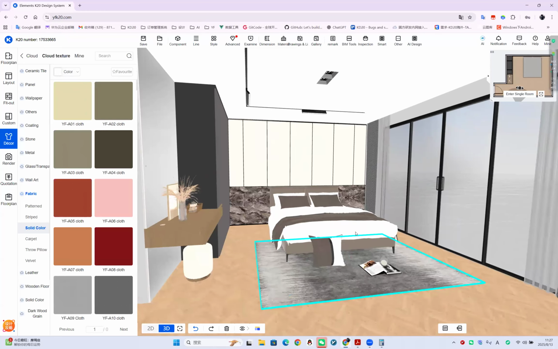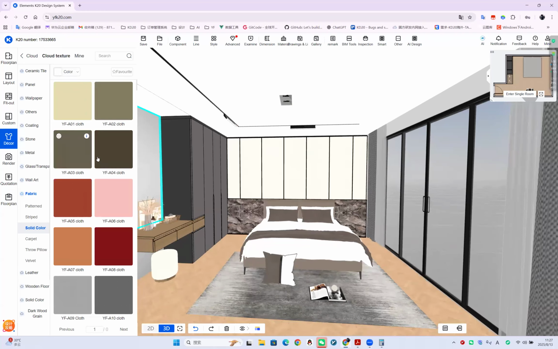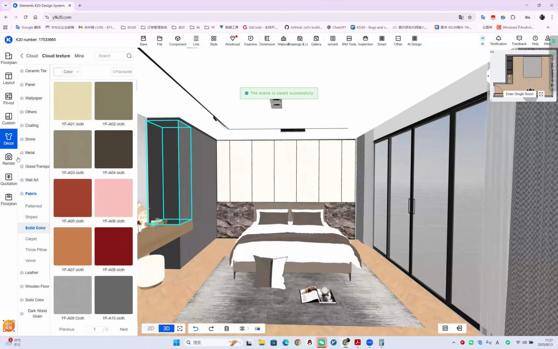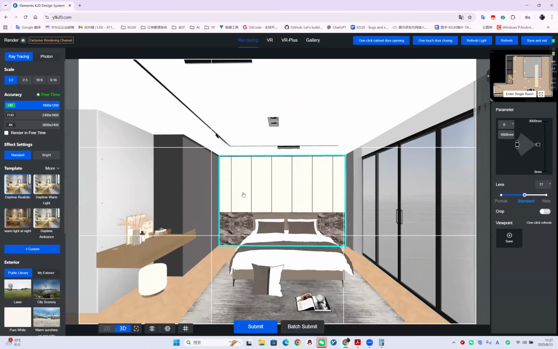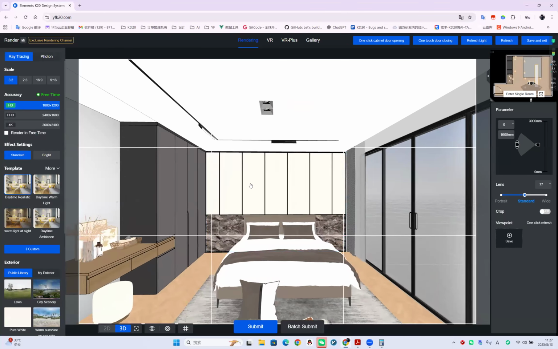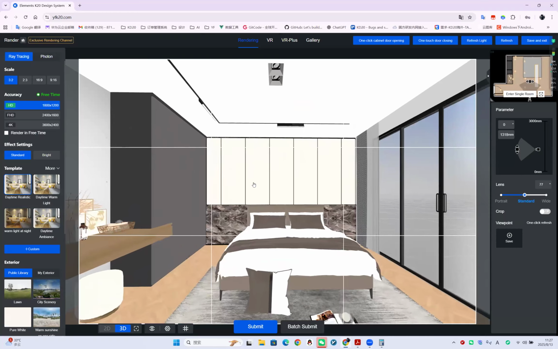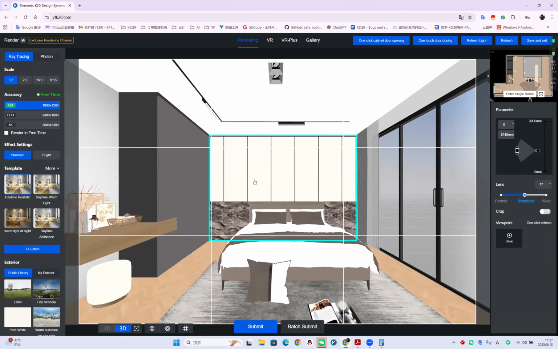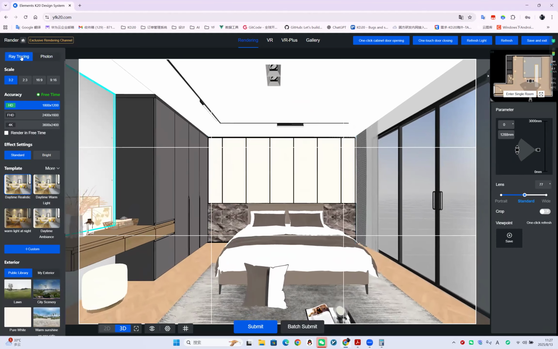Okay, and this is finished. And then we need to save our scenes, and then the render. Then we render the effects at this angle. We can select our angle, and then we use the ray tracing because the speed is fast, and